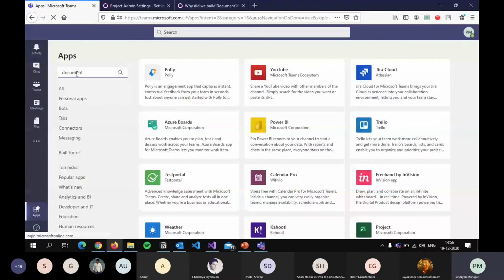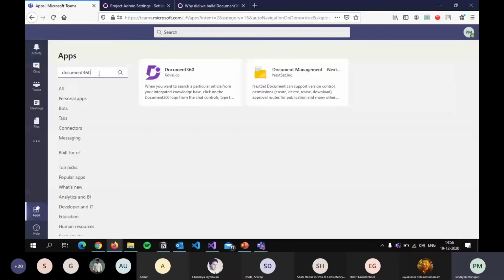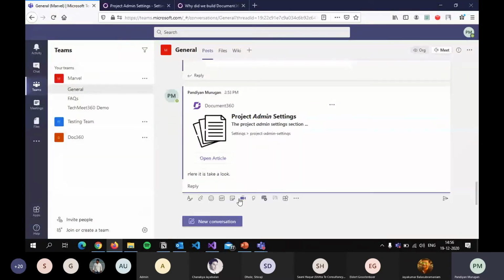We need to provide two sets of icons: one is the marketplace icon, and the other is how it should look within the app. There are a lot of guidelines in their documentation that we can follow. Basically, we need to provide the outline of the icon.